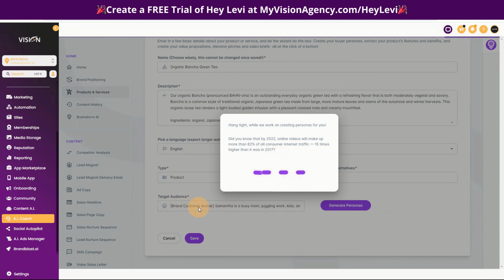Maybe this wasn't your perfect target audience and you wanted to generate different personas, you could actually do that there. Okay. And I do love how they added these little facts. I say this every time because I always read them, and I think it's helpful to have something to read while you're waiting for the AI to generate, but I also just think it's usually really interesting information. So let's go ahead and generate those